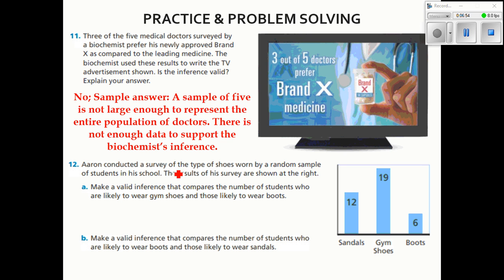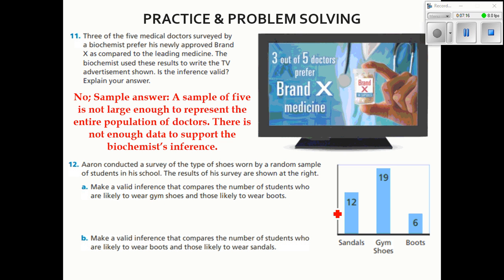Aaron conducted a survey of the type of shoes worn by a random sample of students in the school. The results of the survey are shown over here. 12 of the kids wore sandals, 19 of them wore gym shoes, and 6 wore boots. Make a valid inference that compares the number of students who are likely to wear gym shoes and those likely